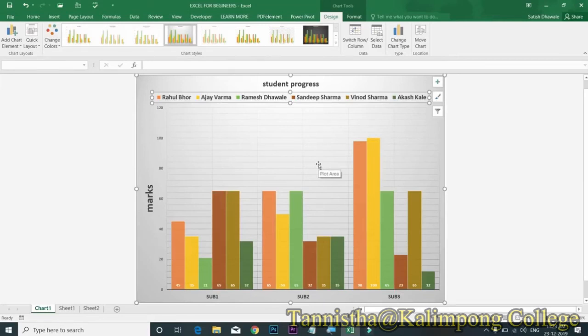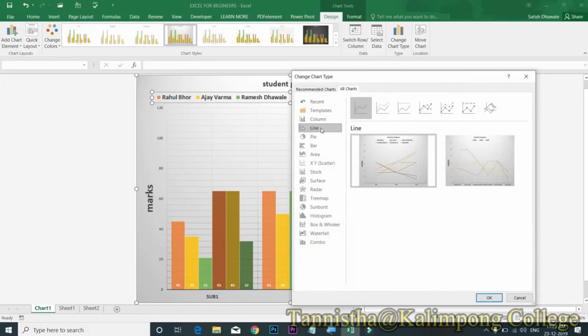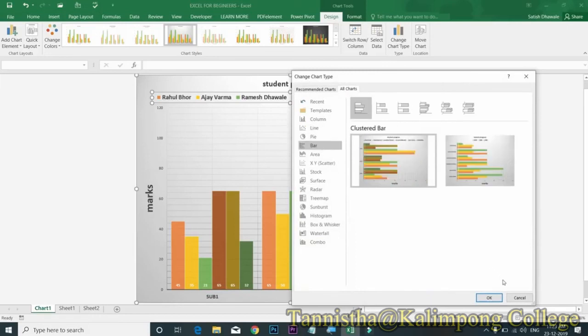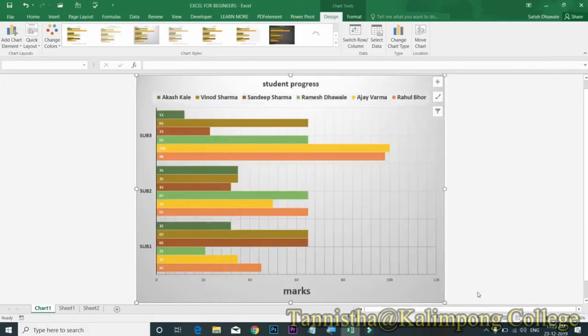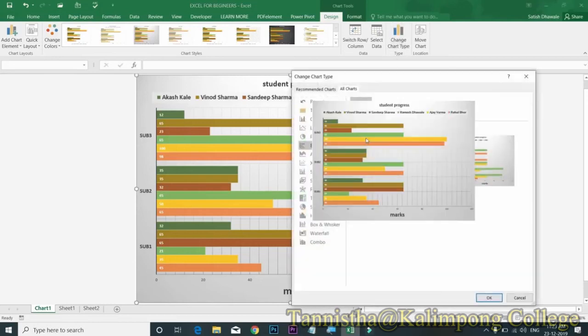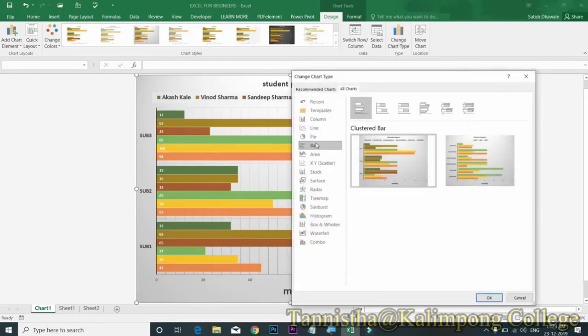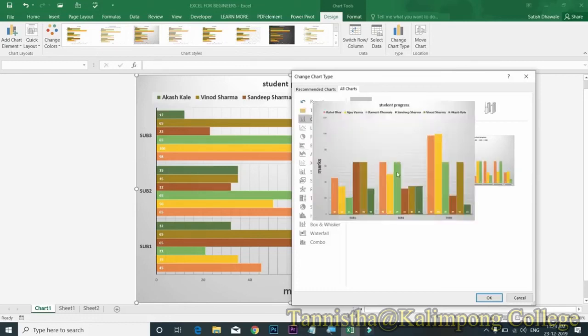Next, coming to Change Chart Type option. Here we can convert any chart to line, pie, bar. Column and bar chart is most representative. Pie is mainly used for single column, whereas bar or column chart is most suitable for multiple column records.